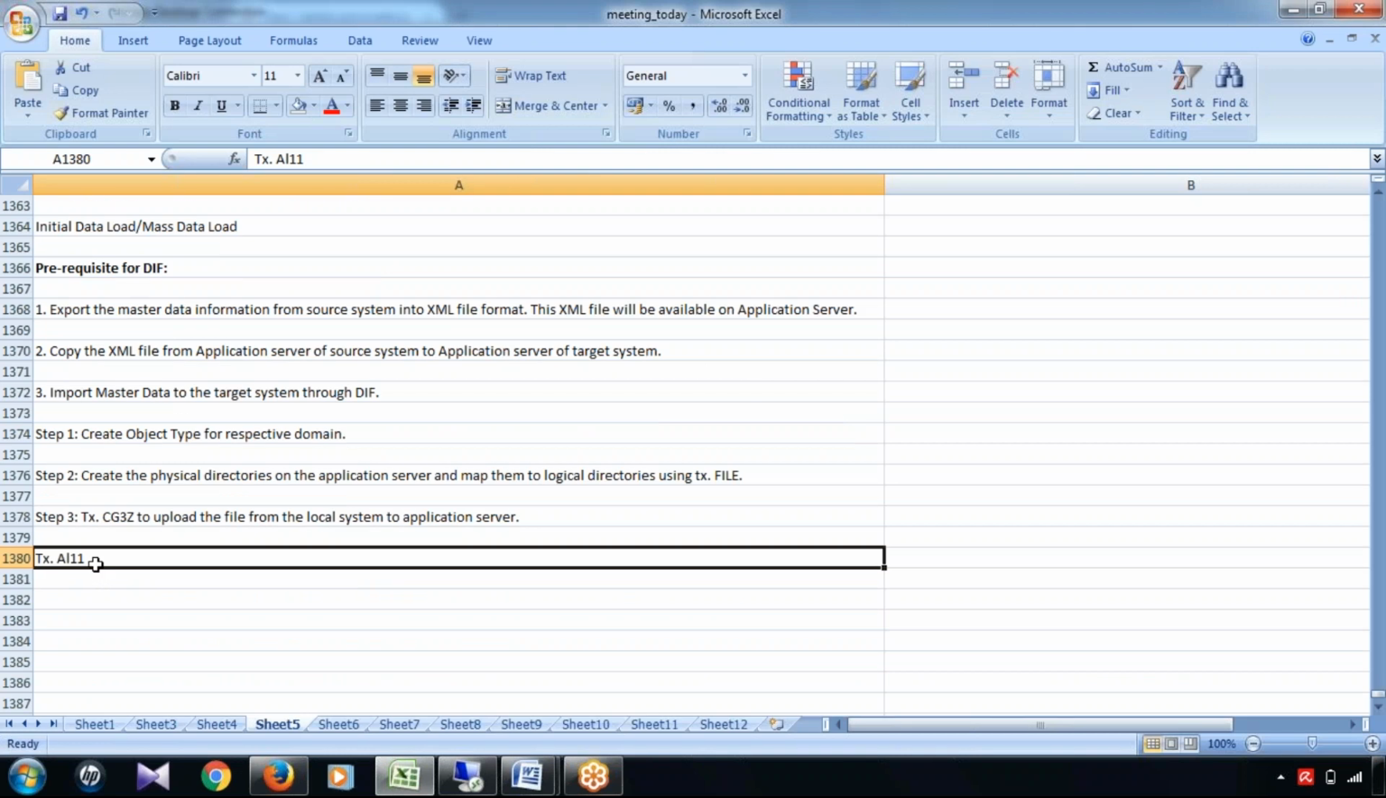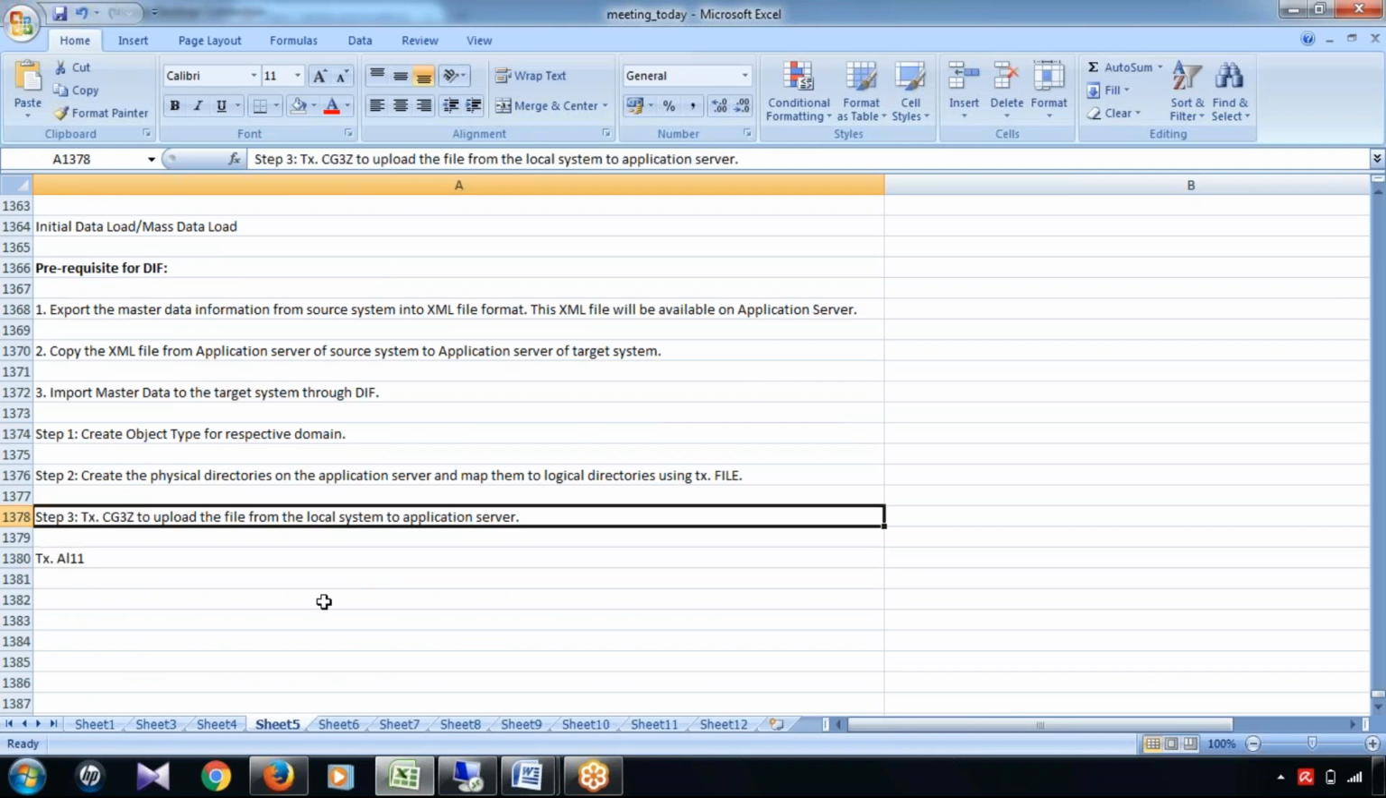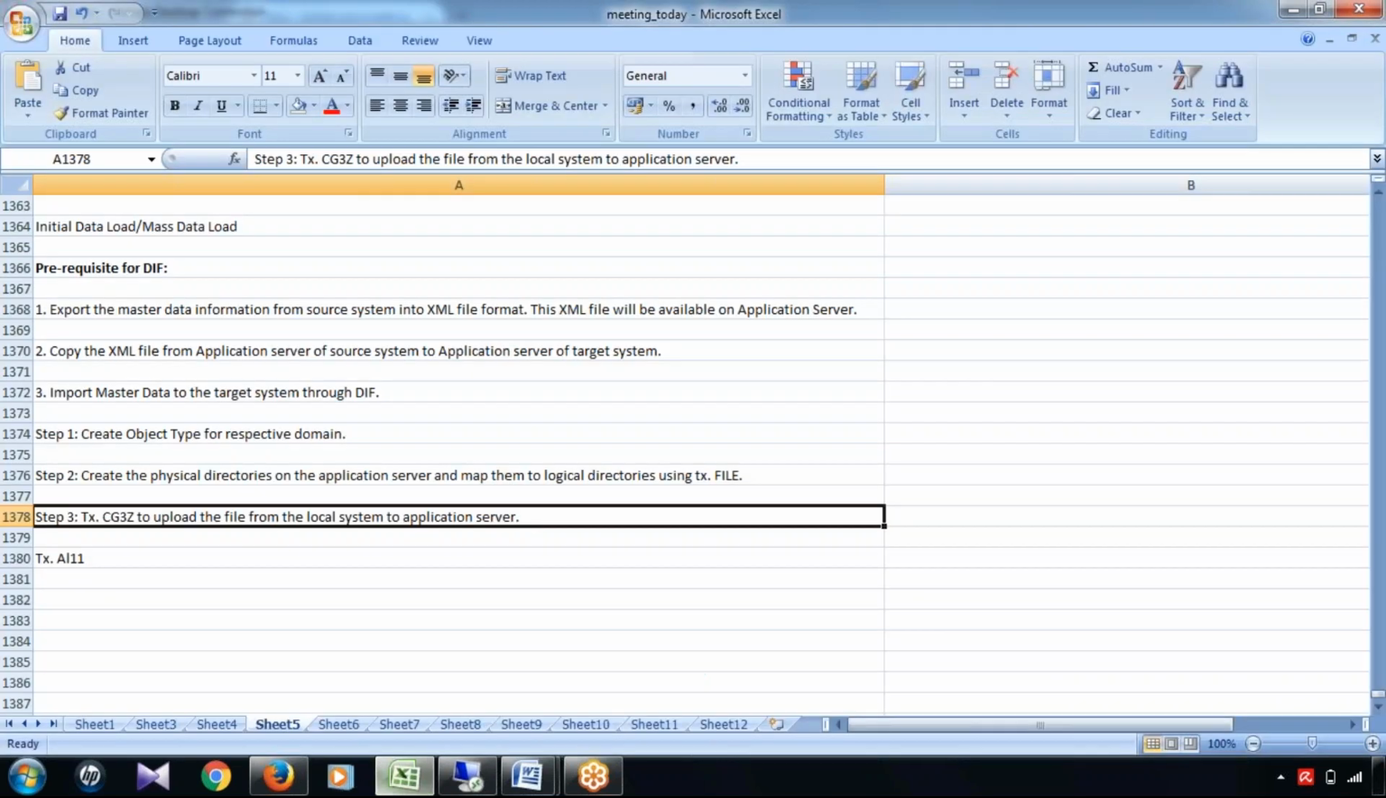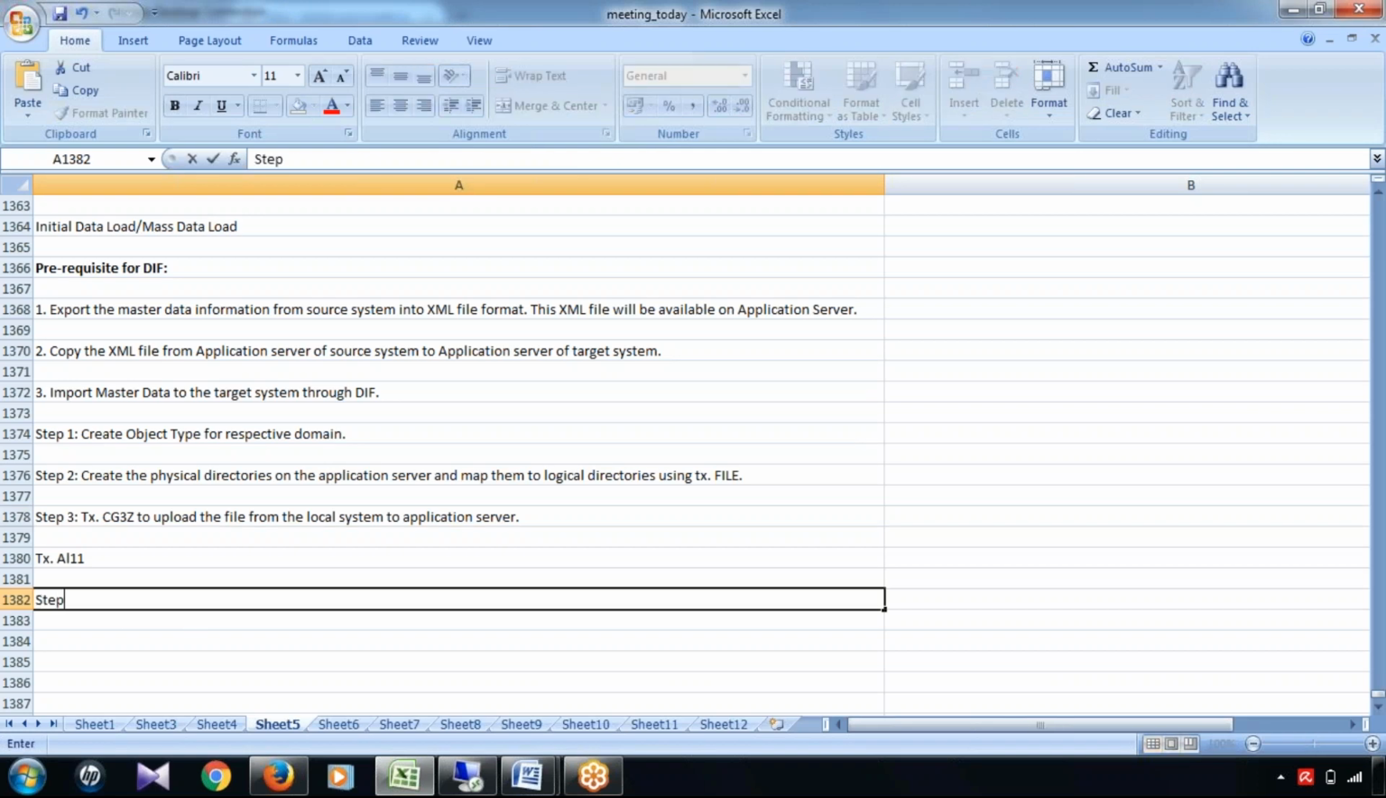By using AL11, I got the path name. By using CG3Z, I place the source and the target details. The transfer data format will be in binary format. So if I want to overwrite, if there is already any XYZ file, I can put it overwrite file. So that file will be overwritten and go for data load. So it will load that particular file to this particular application server. Okay. Once this file load is done, so once this step is done, step 3,